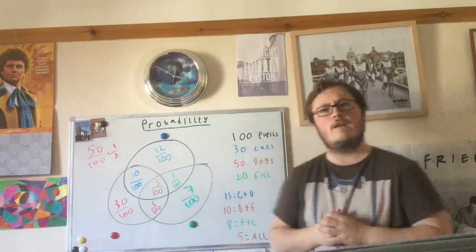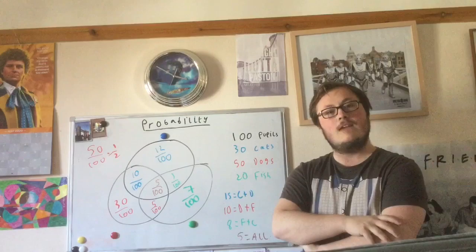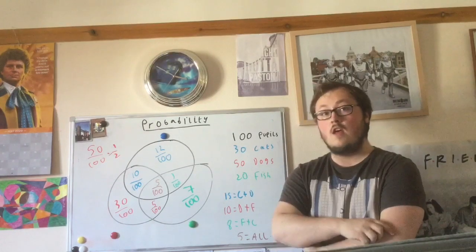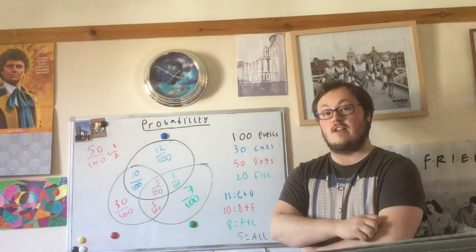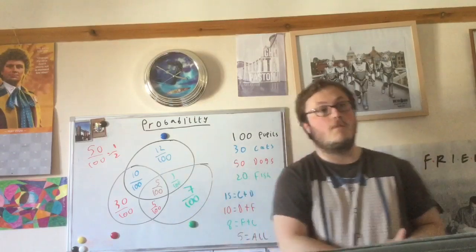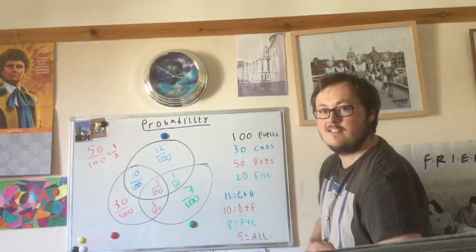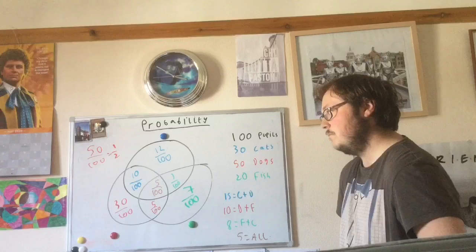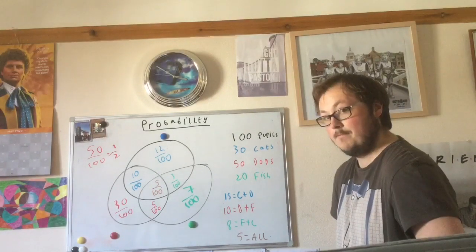Can you now try for me? Can you find for me the probability out of those 100 pupils we've chosen that we pick someone who doesn't own any of these pets? I'll give you a minute to think about it. Did you think about it? Well,